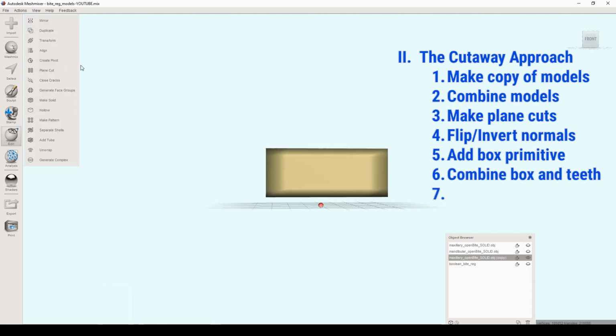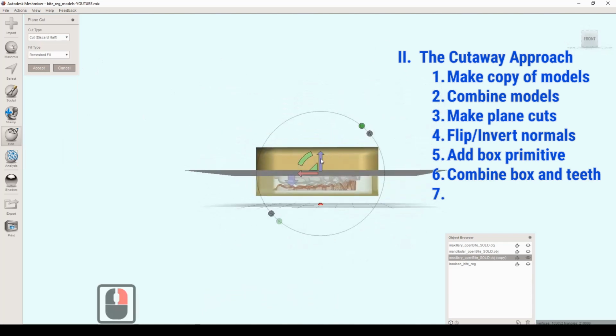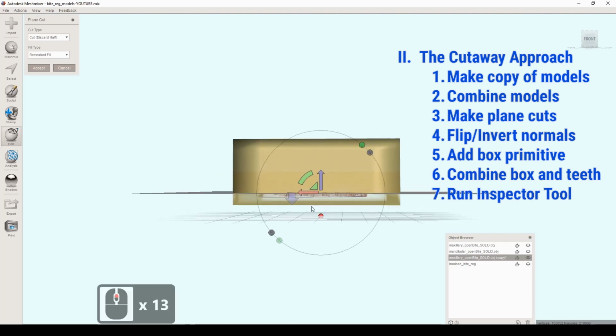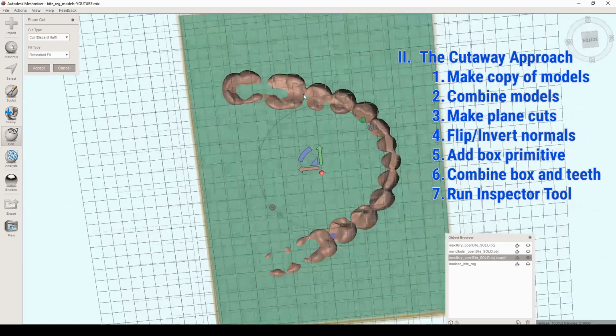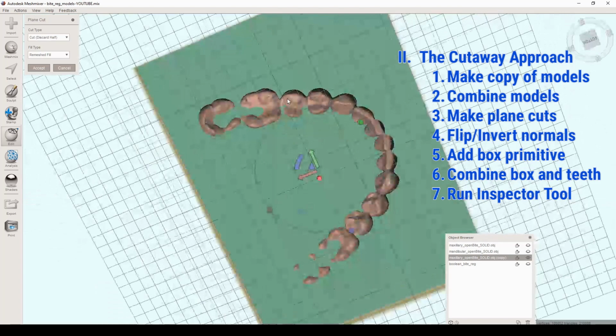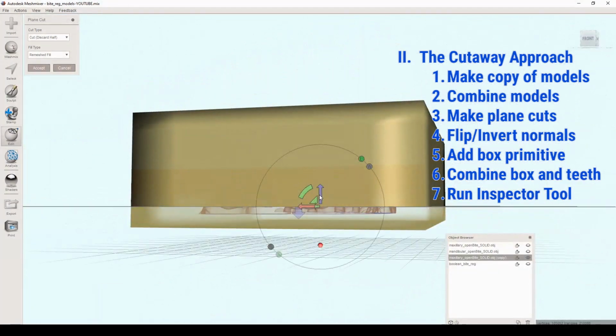Okay, now that we've done that, we're going to go plane cut, and we're just going to start kind of slicing off a little bit at the bottom, a little bit at the top, and we'll start to expose our bite registration. And it really should just be 2 cuts. If I look at this from the bottom, you can kind of start to see what I got. Actually, that looks fine. Default values, accept, and I'm going to do the plane cut again, trim off the top,